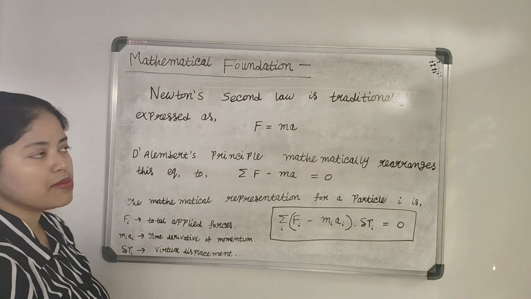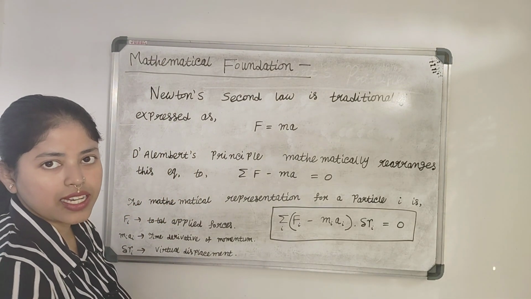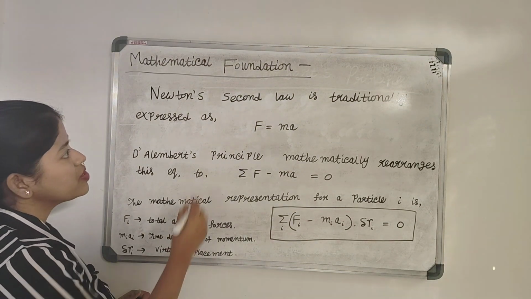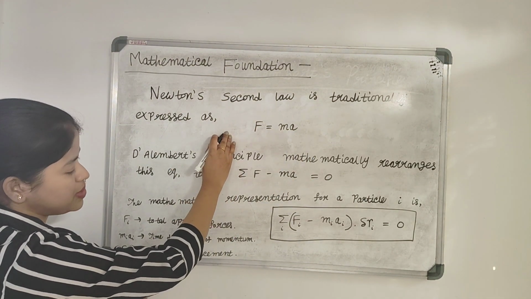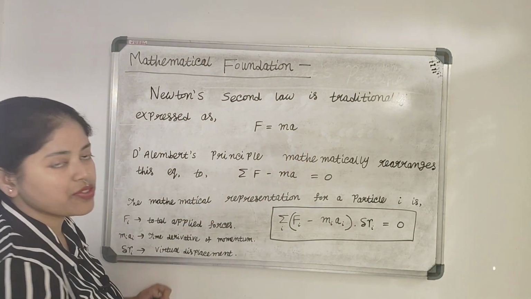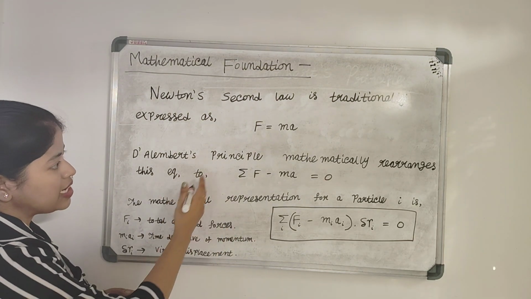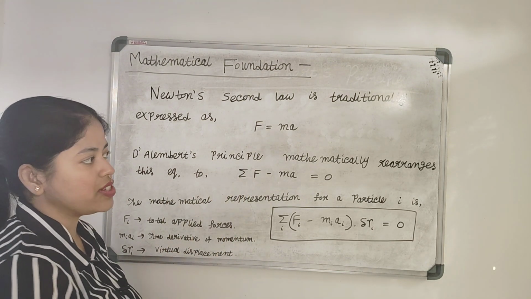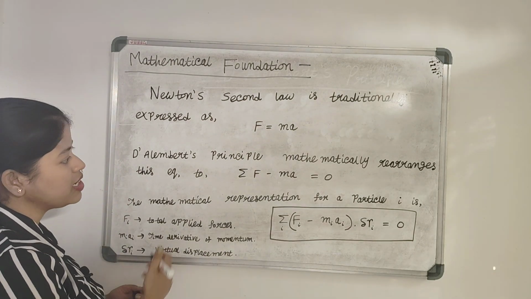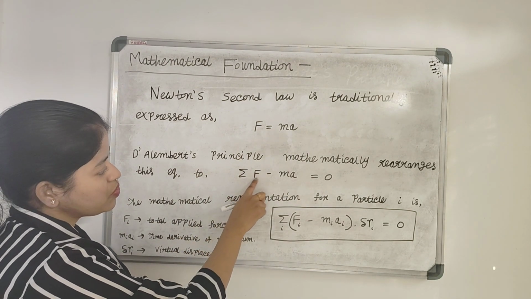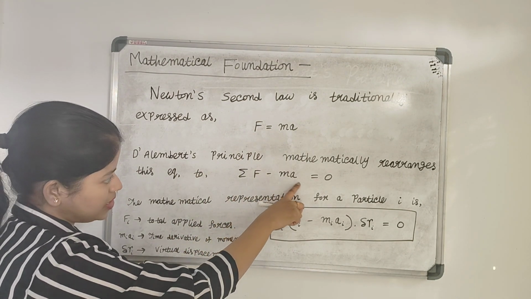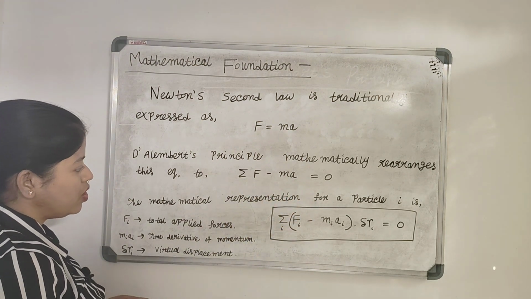Okay, now the mathematical foundation of D'Alembert's principle. Newton's second law is traditionally expressed as F equals ma, where F is the force and a is the acceleration. Now D'Alembert's principle rearranges this equation into summation F minus ma equals 0, or